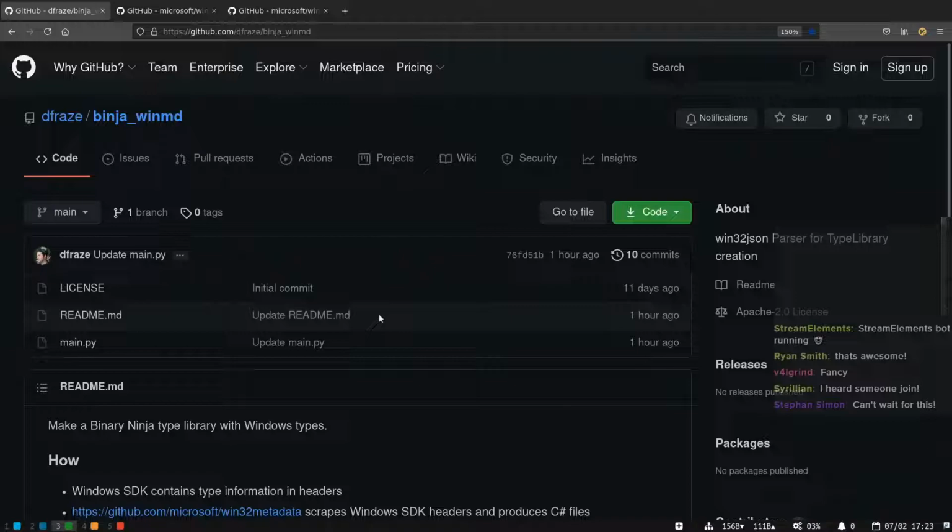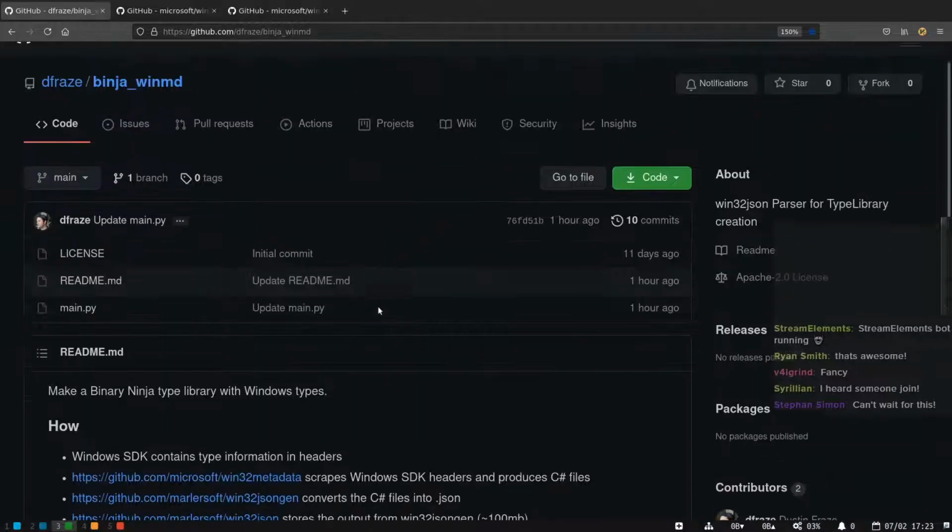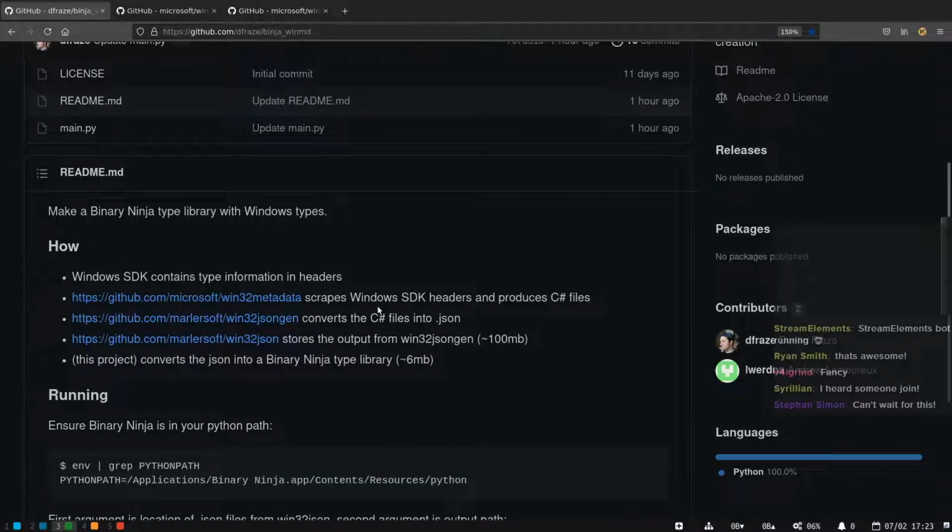So if you go look at an app that imports VirtualProtect, you'll see the argument type for the new protection type is this new enum, not an integer, which I think